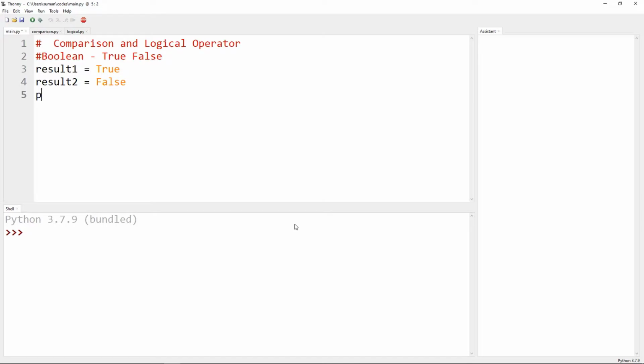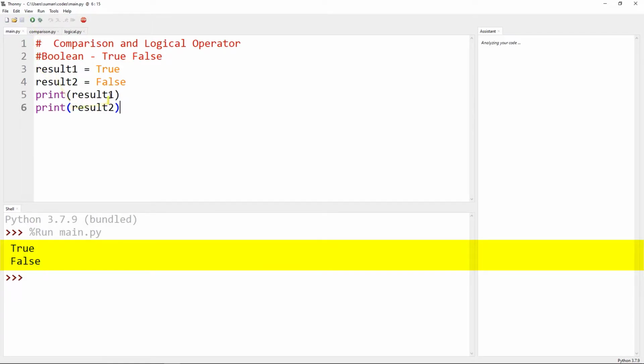So if we want the output of result 1 and result 2, we can use the print function. Let's check the code. What is the output? The first one is giving us true and the second one is giving us the output as false.